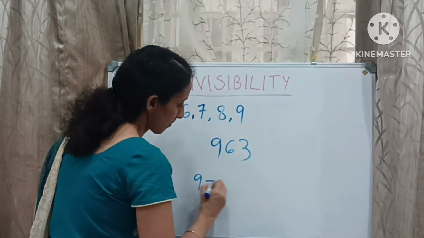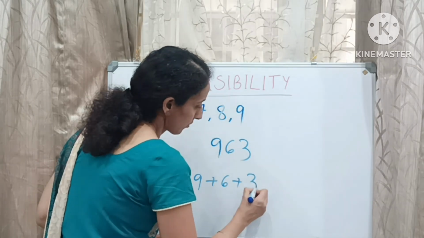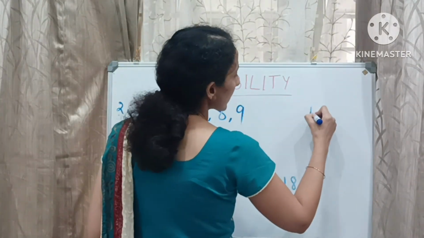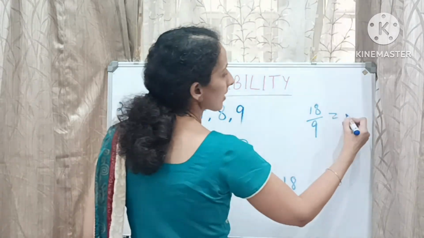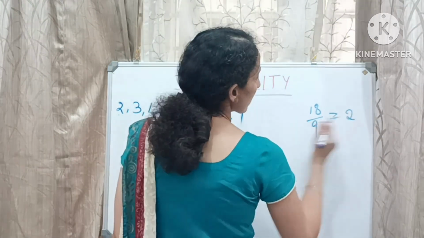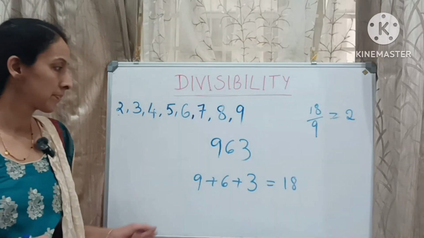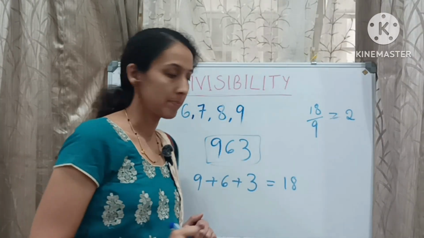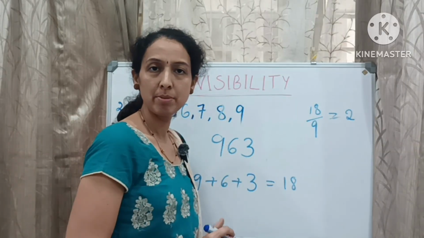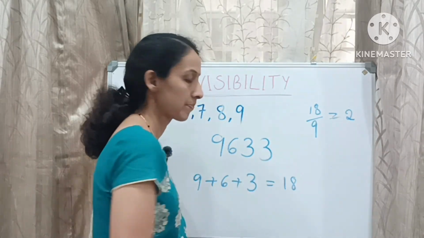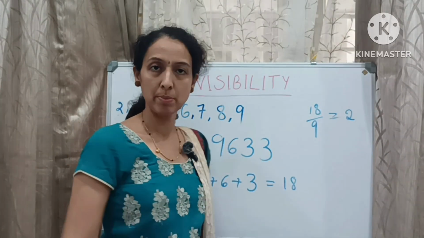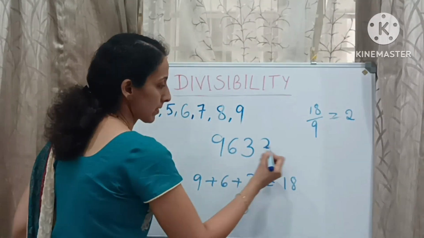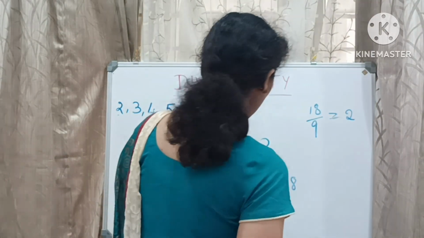So this is 9 plus 6 plus 3, which gives 18. 18 divided by 9 is 2. That means 963 is divisible by 9. Let me attach a number to it, say 3. Let's see if this is divisible by 9. We see that 9 plus 6 plus 3 plus 3,